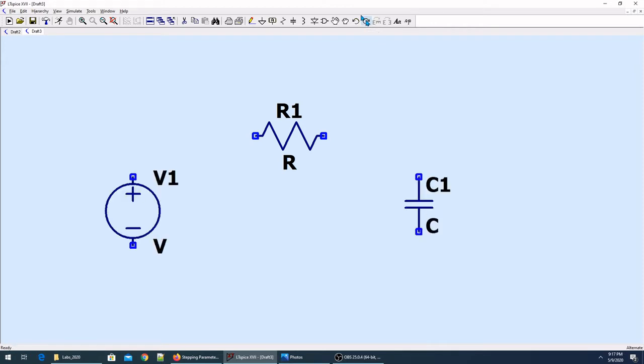Hello everyone. Let's simulate the RC low pass filter for our lab. So we'll start with R and then C. I'll bring the voltage source and the ground. Once this is done, F3 is for connecting the wires. I'll do the wiring